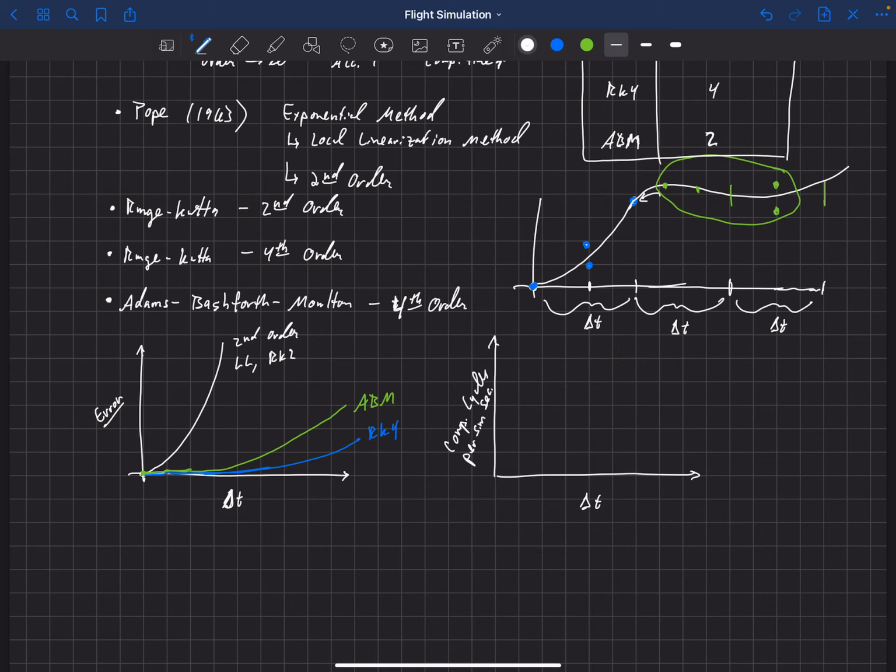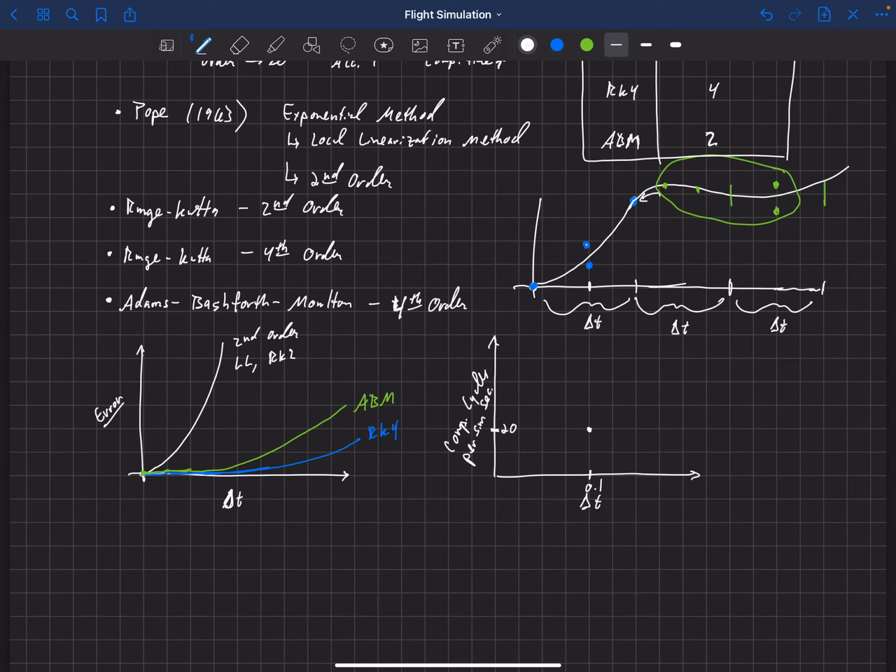So let's say that our delta t is, let's choose 0.1. Okay, so we have 0.1 delta t, and then per simulated second, that means we're going to have 10 delta t's per second, and the RK2 method requires 2 calls per delta t, and so that's going to give us a value of 20 calls per simulated second. Okay, so that would be where the RK2 method is there.